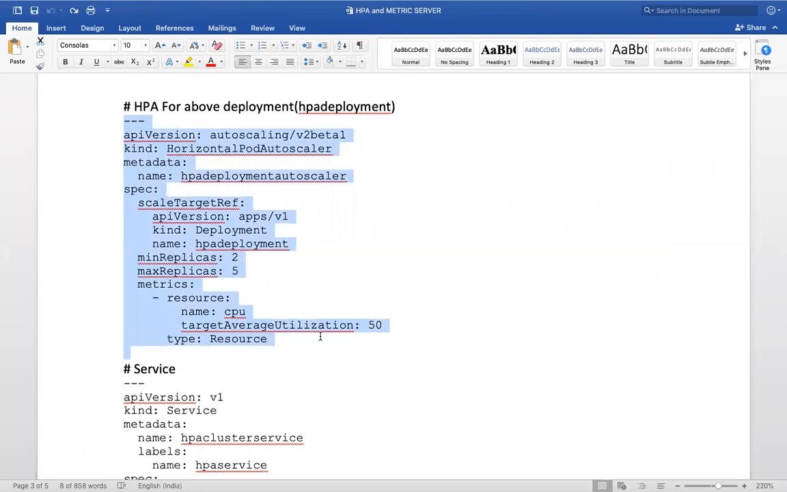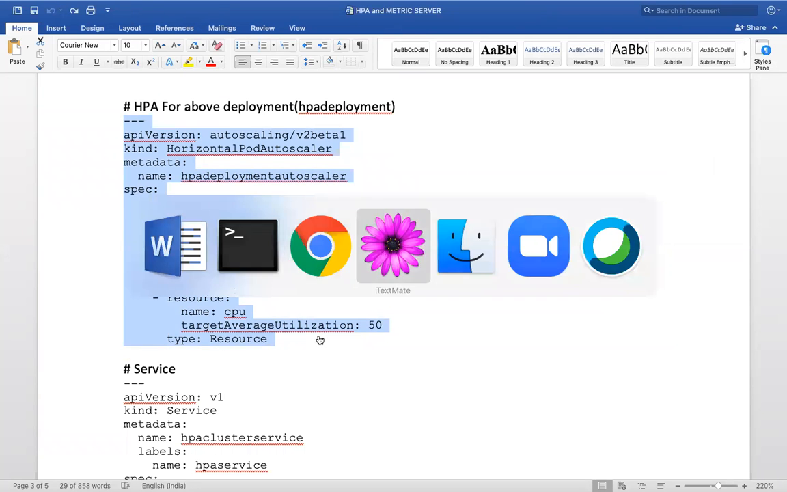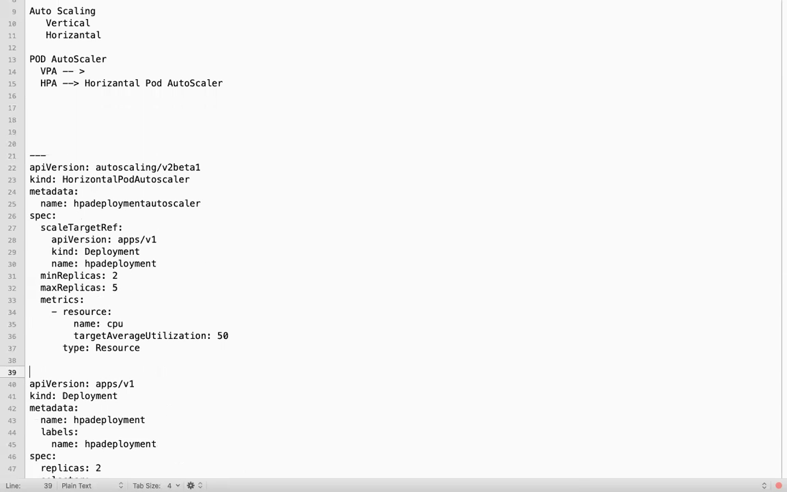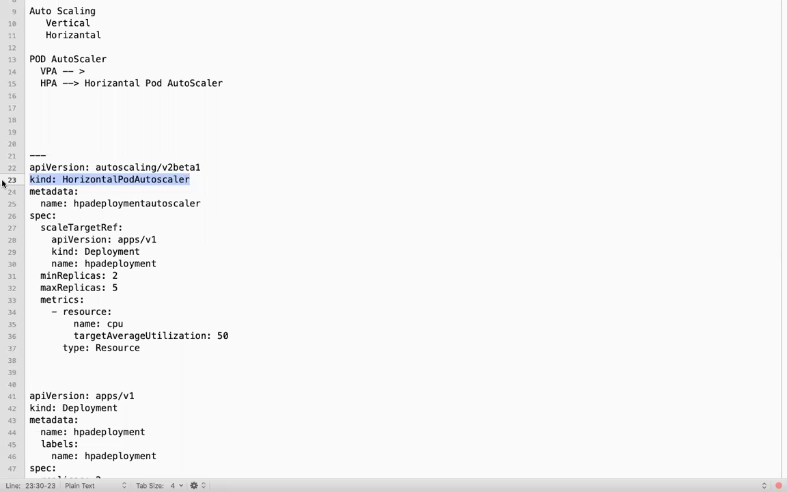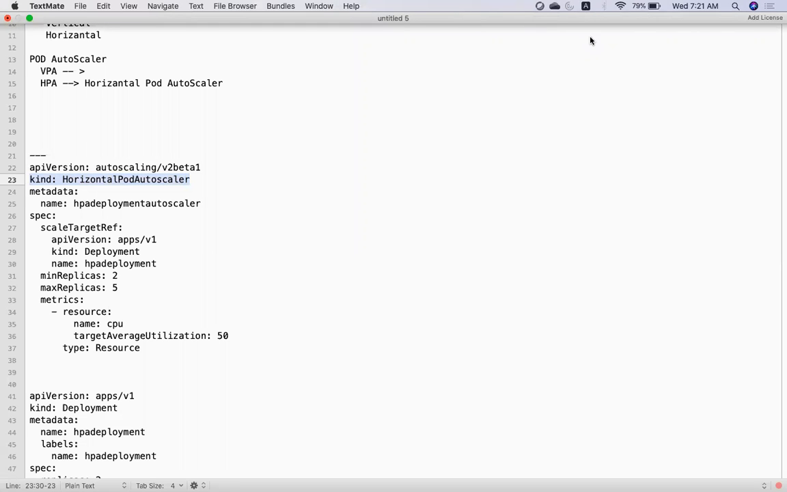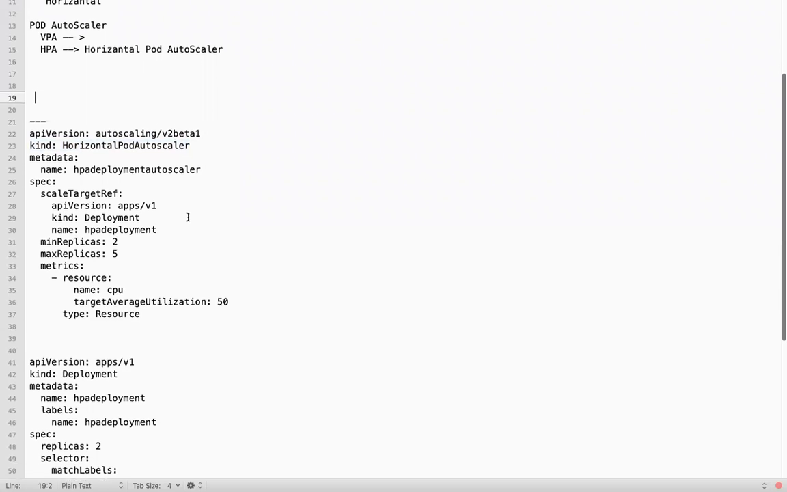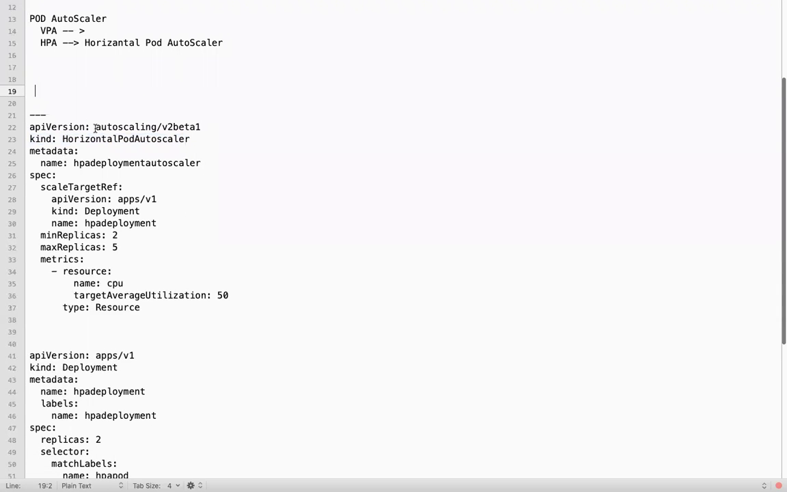What is this? This is one more Kubernetes object. What kind of object is it? Horizontal pod autoscaler, HPA. If you see, this is the API version for the horizontal pod autoscaler. This is the name; I can give any name. Under spec,